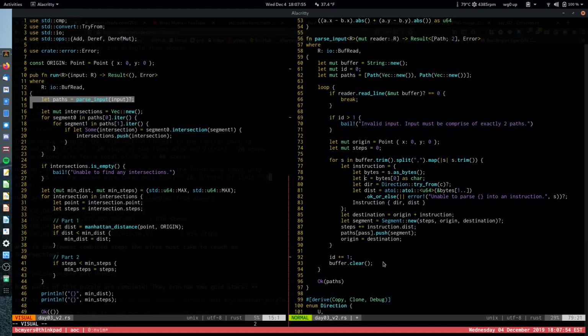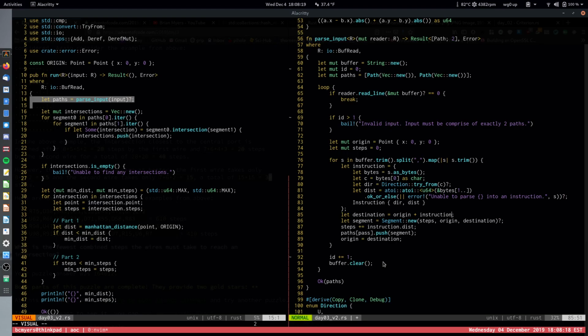We're pulling out the first character. We're turning that into a direction like we did before. Then the remainder of it we're parsing into a number, which is the distance, and then we're saying that our instruction is the distance and the direction. And then we take the point we're at now, and we add the instruction